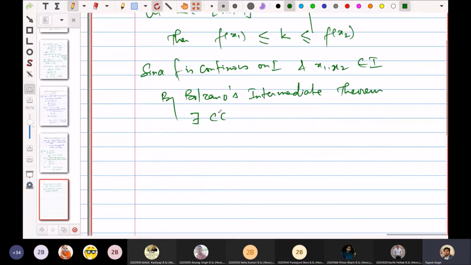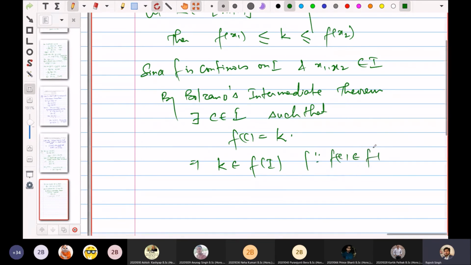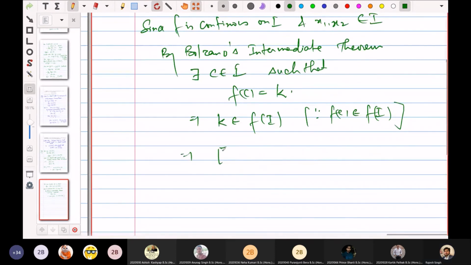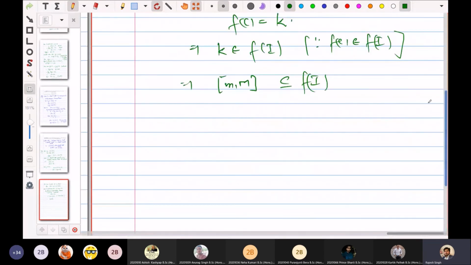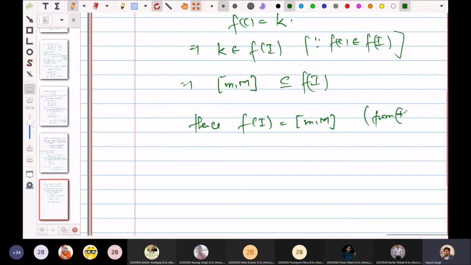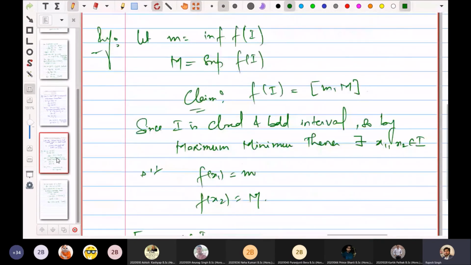there exists C belonging to I, या C lying between x1 and x2 such that f of C is equal to k, right? So this implies k belongs to f of I because f of C belongs to f of I, it is range के अंदर belong करता है ये। So k belongs to f of I, this means क्योंकि k is any arbitrary element of [m, M], so this implies [m, M] is contained in f of I, so hence f of I is equal to [m, M] from star, इसको स्टार कॉल कर दो जो हमने यहाँ पे प्रूव करा था।